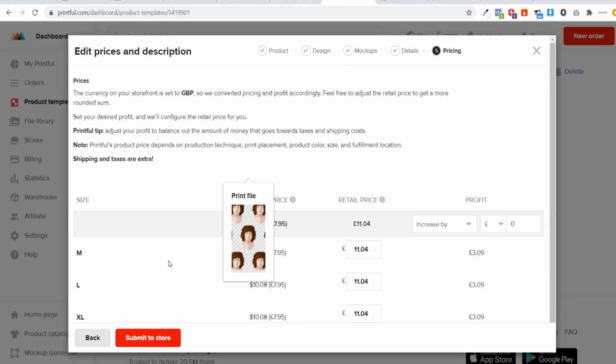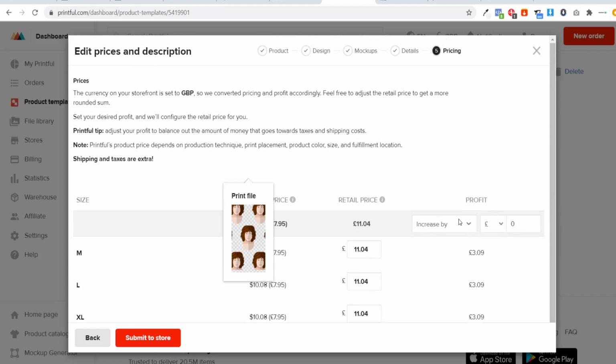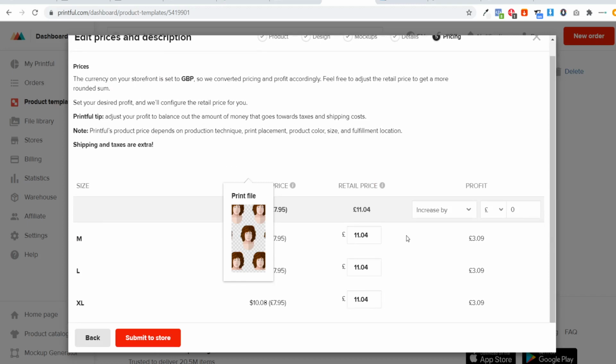So let's just go and click on proceed to pricing. Now from here what we can do is we can have a look at the prices. So as you can see, you can go and see how much profit you want to make. So I could just go and change this, let's just say to $16.99, and I make a £9 profit. So I'll just go and paste those in there, and then all you need to do is hit submit to